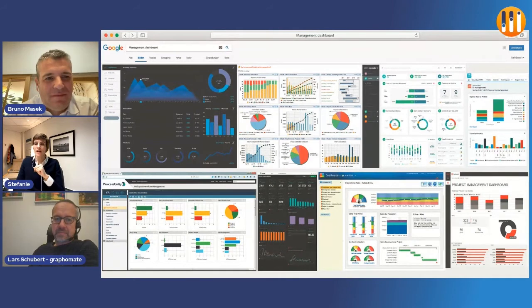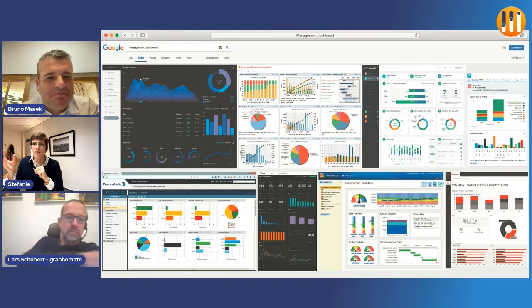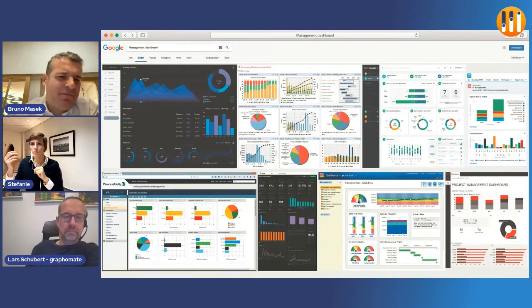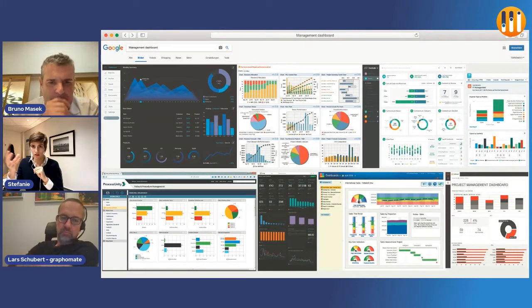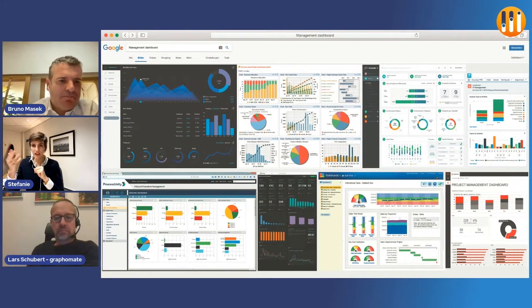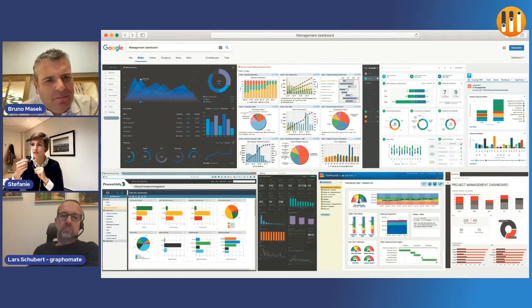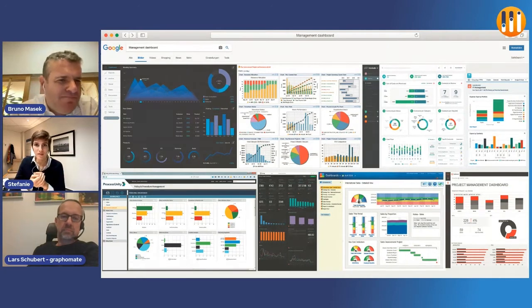Even though we have the evidence that the human eye and perception is very limited and can be easily tricked, they're still using a lot of colors and nothing looks the same. It's hard to navigate. You don't know what you're looking at. And it's quite a lot of hard work for our brain to get the information out and make decisions upon those results. I think you're on the right side with me. Or do you have another opinion?